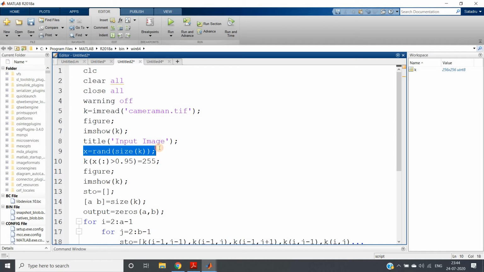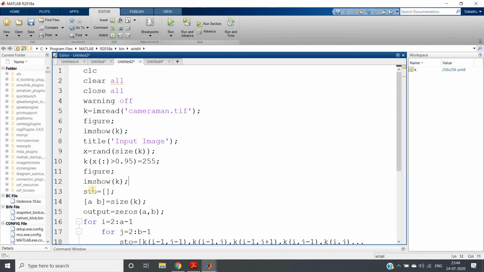First of all, I have taken one matrix of random numbers of the same size as my input image. Then in that matrix, if any value is greater than 0.95, I have taken it randomly, you can take 0.85 or anything according to your choice, then at that particular index in our original image we place 255. As a result, one salt noise corrupted image will be generated.